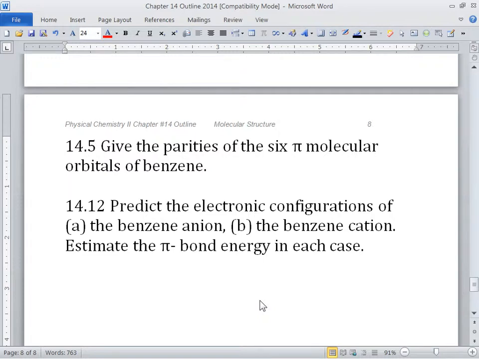Then for the cation, you got what? 5 alpha plus 6 beta? 5 alpha plus 5 beta? Oh, sorry, 4, 5, 6, 7. 5 alpha, 7 beta. You said you got the alpha